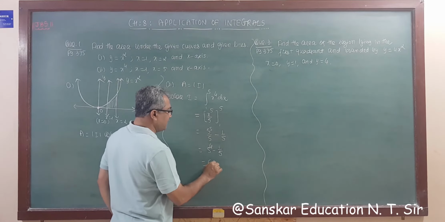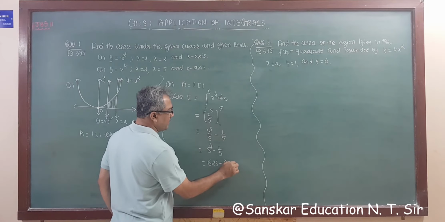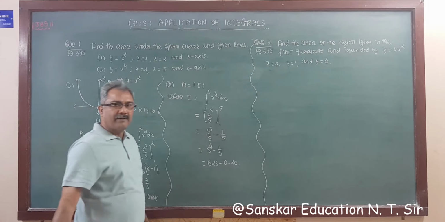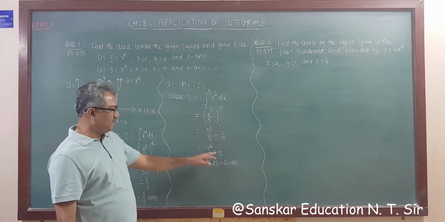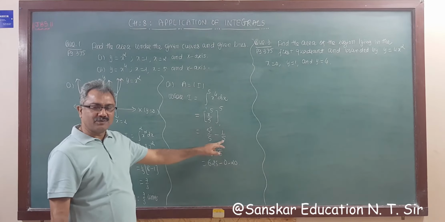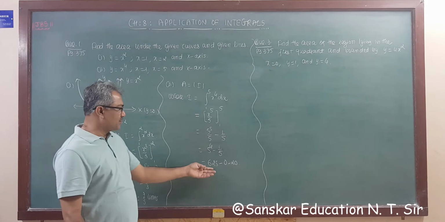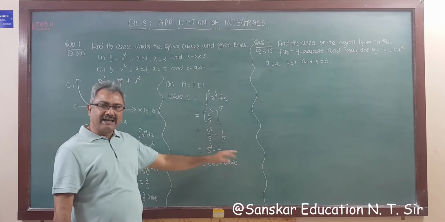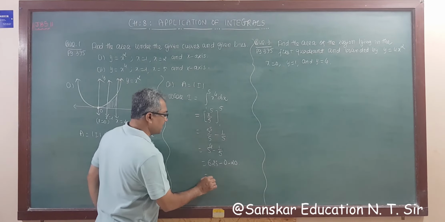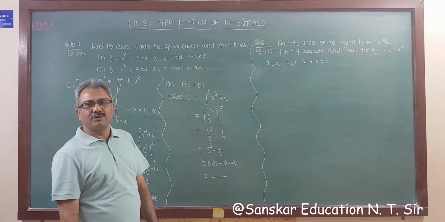That is 625 minus 0.20. Right? If you multiply by 20, then this is 100. So 1 upon 5 is 0.20, that you know. So 624.80 is the answer. So that is your answer that you have to write. I am not going to write it.